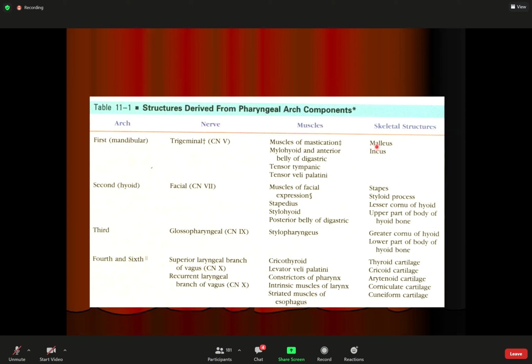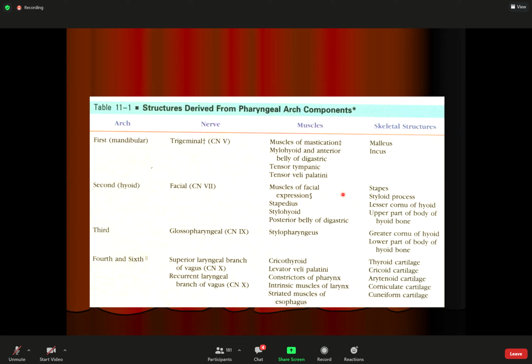So that can lead to a problem we call deafness. Similarly, the second arch gives the upper part of the hyoid bone. The nerve is the facial nerve. The muscles are all the facial muscles of expression, stapedius, stylohyoid, and posterior belly of digastric. They all come from the second arch, with the facial nerve supplying these muscles. You know that the posterior belly of digastric is supplied by the facial nerve. The anterior belly is supplied by the mandibular nerve,